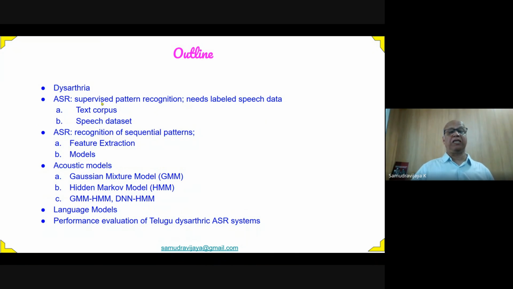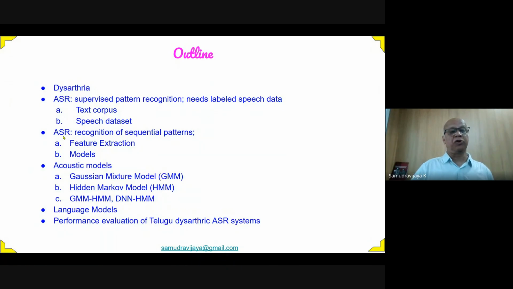What we plan to do is to have an application that helps our people, Indian people. I am in Vijayawada. The native language here is Telugu. So we want to help the people in this region. Therefore, we need speech data that is spoken by people who speak Telugu as the native language. And what should they speak? We need the text that they have to speak. So we will talk about speech database development, which has two parts: one is designing the text that has to be spoken, and the second part is the speech data recording itself.